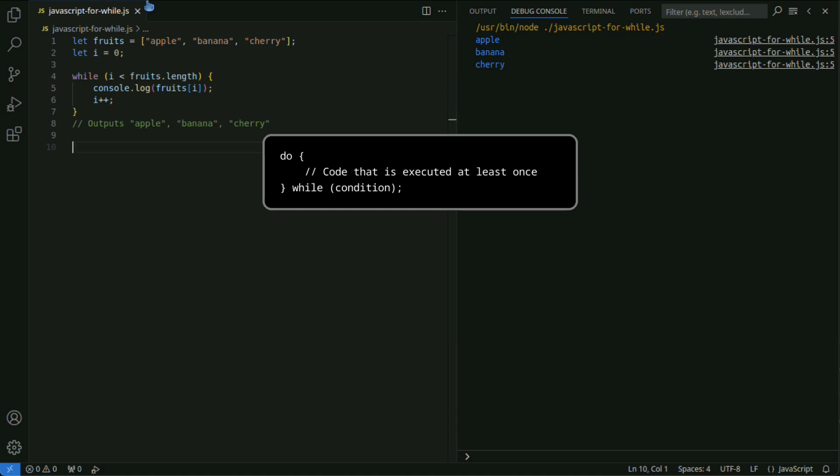The do while statement, a variant of the while statement, checks the condition after executing the loop at least once. While the while statement checks the condition first, the do while statement executes the process once before verifying the condition.